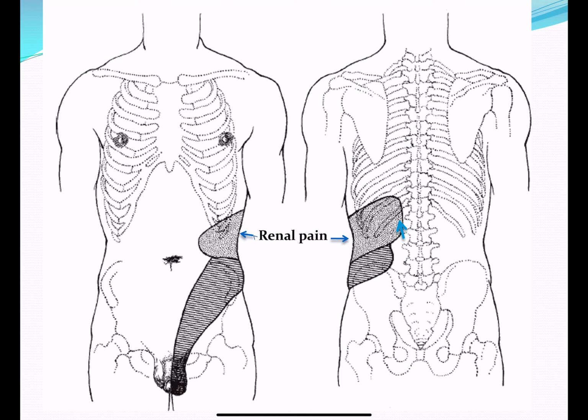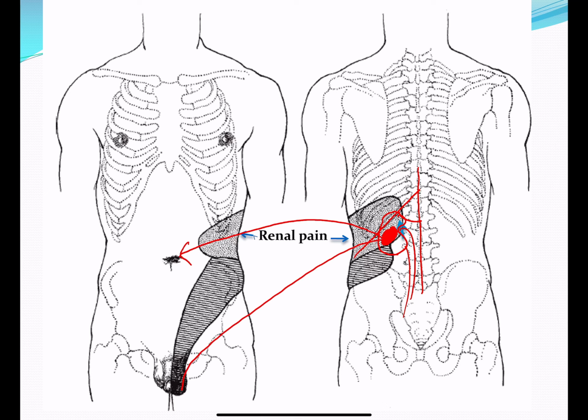This picture is from the back. You can see these are the vertebrae. Let us draw a line, and this is the 12th rib. So this angle is known as the renal angle. Most of the time the patient will have pain at this angle. Okay, the kidney will be lying over here like that. If there is a stone inside the kidney, the patient will feel pain along the back area, or you can say the flank area along the renal angle, and the pain may radiate anteriorly towards the umbilicus, or sometimes